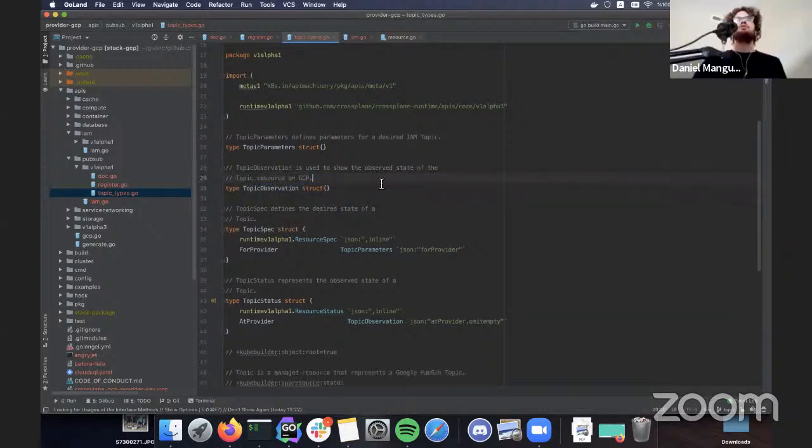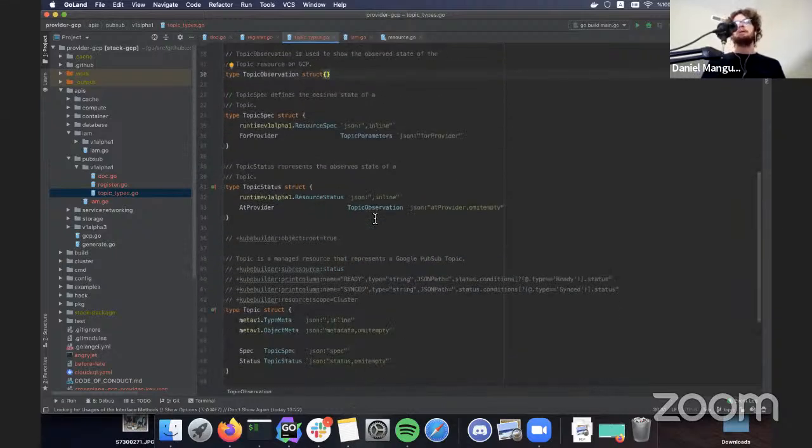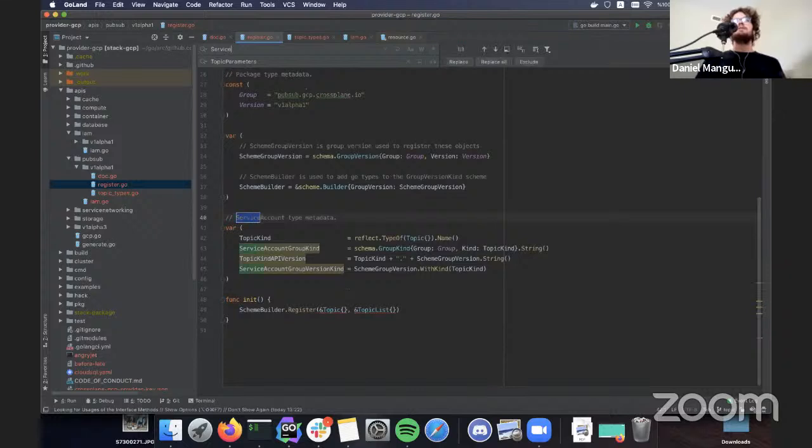Yeah, so those embedded structs that Muvaffak was talking about there allow us to use shared reconcilers, which we're going to talk about later on, that basically use a general pattern for informing users of the status of our resources and also how to connect to the cloud provider and that sort of thing. So instead of implementing these separately for each resource, we just embed them in there. And I'm sure we'll see in a minute how that gets translated to the actual CRD that's generated, right? Because we're going to be creating a CRD for this that's generated from the Go structs. And that's what some of those KubeBuilder tags are doing.